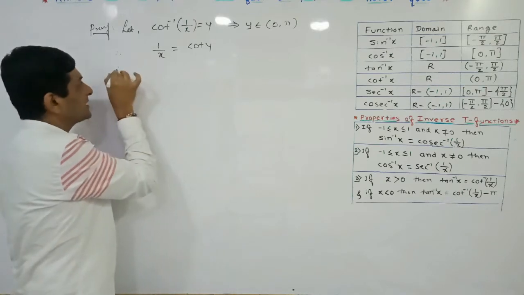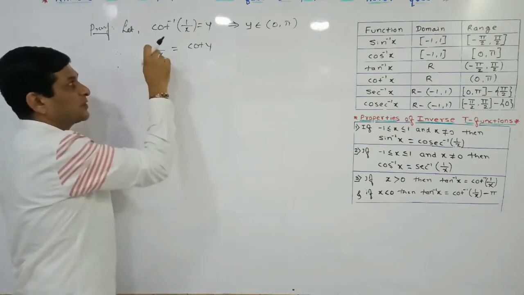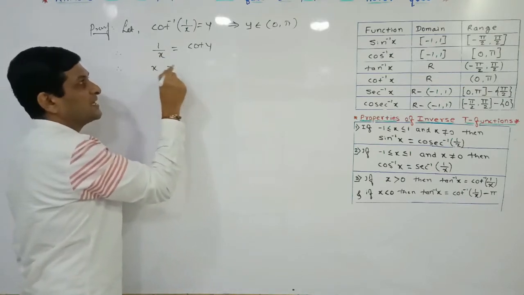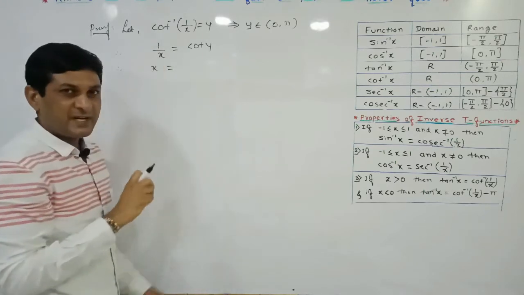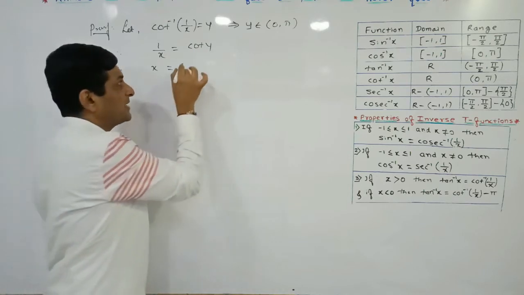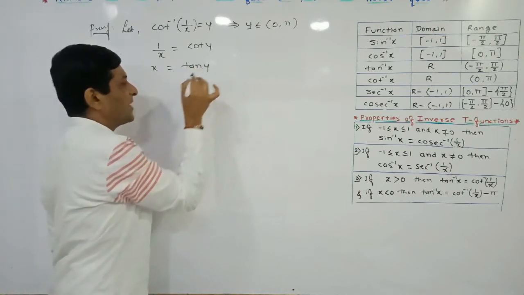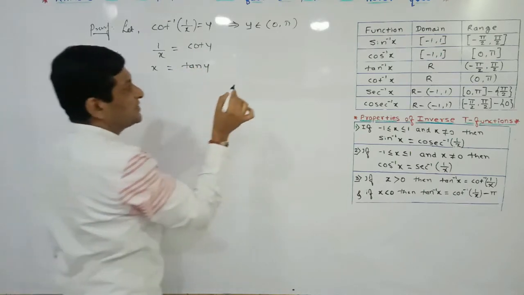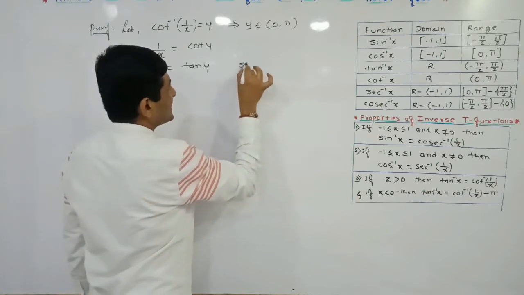Now we are taking the reciprocal of both sides. What is the reciprocal of 1 by x? It will be equal to x. Since we have taken the reciprocal of the left hand side, take the reciprocal of the right hand side as well. What is the reciprocal of cot y? It will be equal to tan y. So here it is given to us that since x is